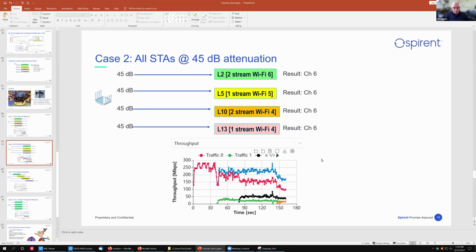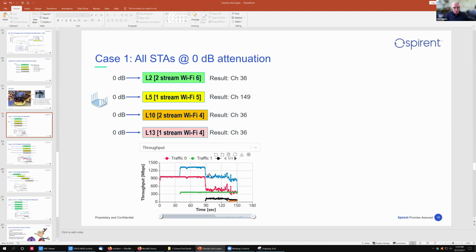But you can see we've gone from case 1, where we topped out at about 1.3 but then dropped as further stations came online because less capable stations were sharing radios. This is a case in which we had 3 stations sharing the same radio, but we didn't get 1.8 gig of throughput.